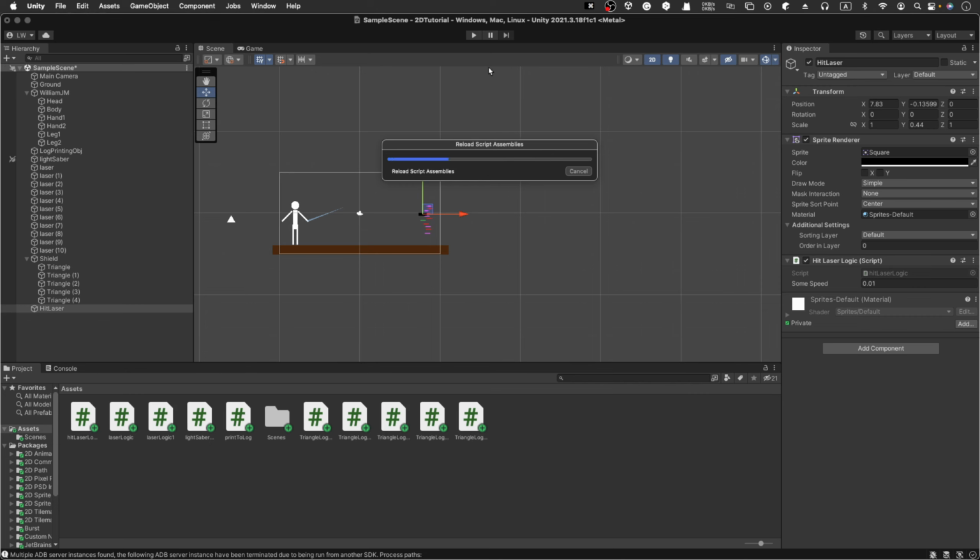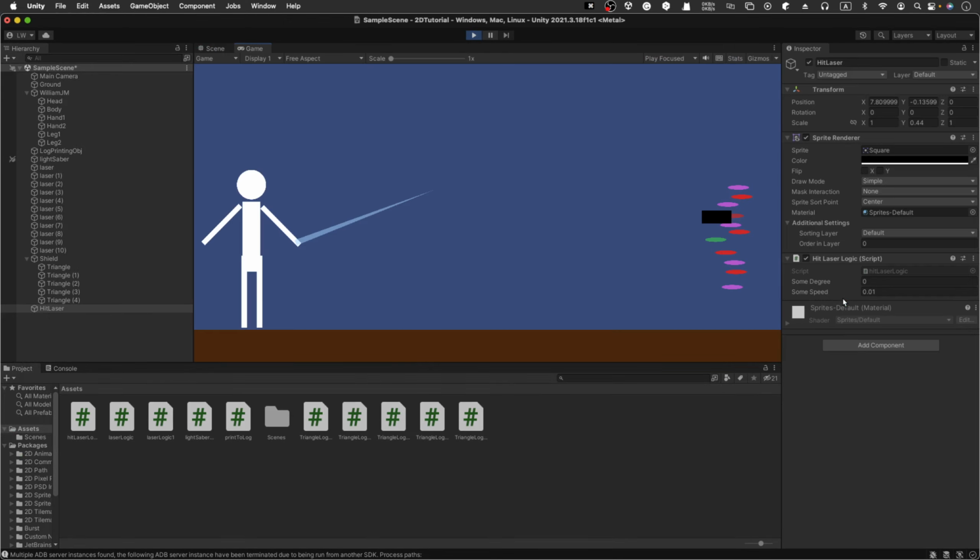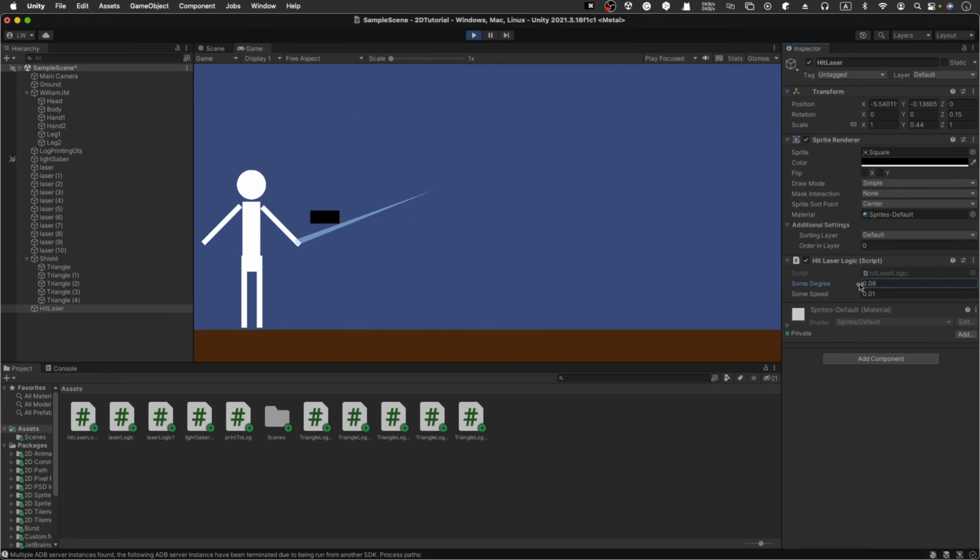When I run the game, I can manually change the direction of the laser, like a super laser. I change the degree. Yeah, pretty interesting, right? And of course, I can just move it around. Okay, so essentially, we treat this as an object that you can control using